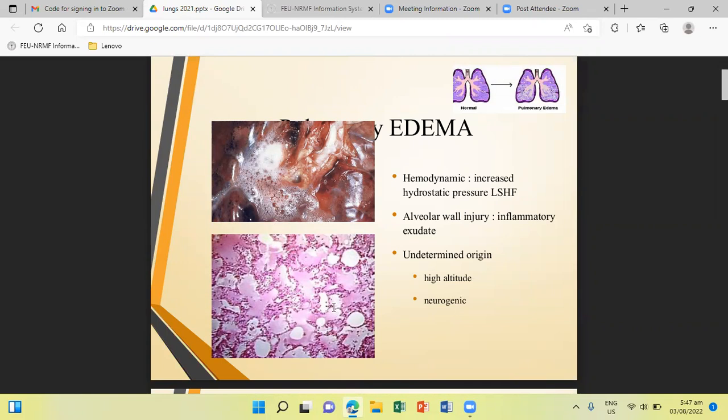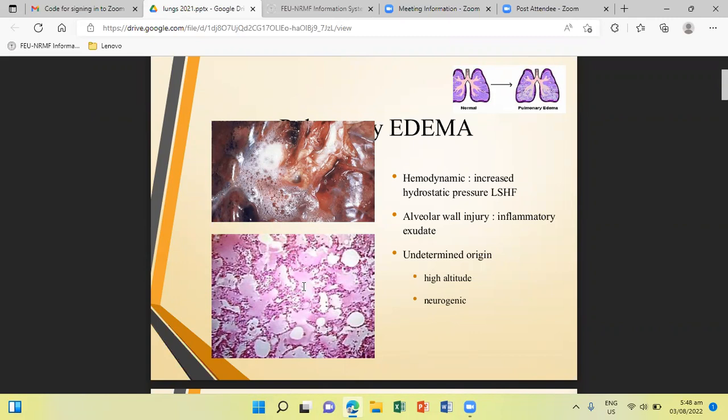So when you look at it under the microscope, the alveolar capillaries are engorged. And as you can see, there is pinkish deposit within the alveoli, or intra-alveolar transudate. They appear as finely granular pale pink material. You may also see the presence of macrophages, which we actually call hemosiderin-laden macrophages, or heart failure cells.